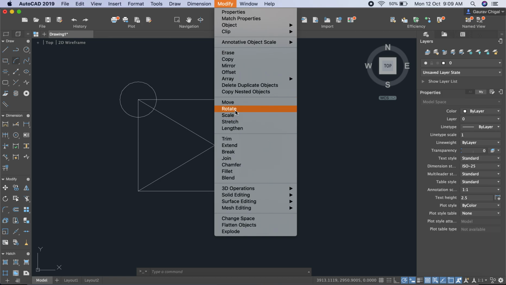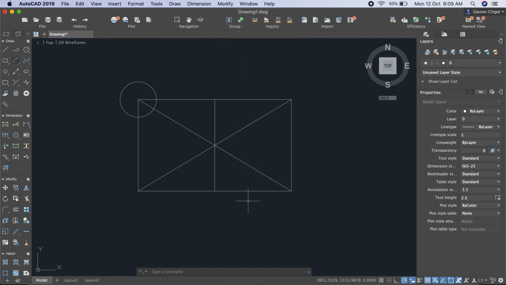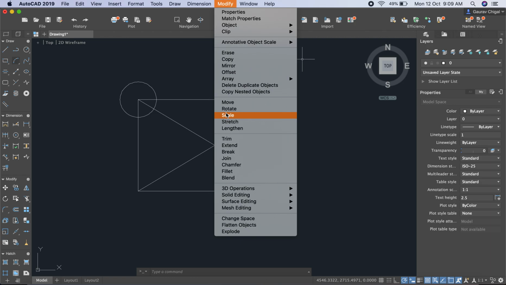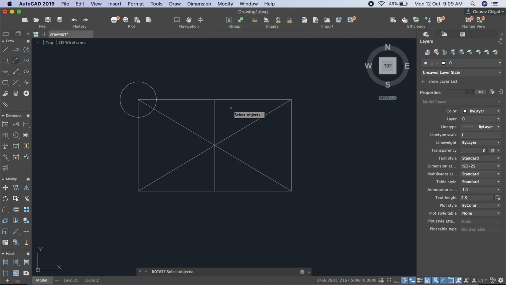In the case of rotate, you have to rotate the entity about a certain point, or about a certain axis in the case of 3D objects. In the case of 2D objects, you have to define a point about which you want to rotate. So let us say go to modify, then click on rotate, or you can type RO on your keyboard. I just click here and the command starts.